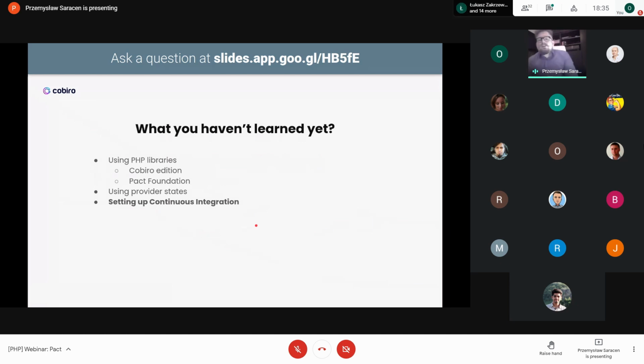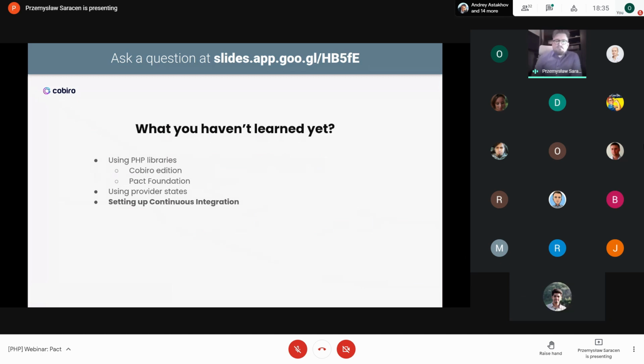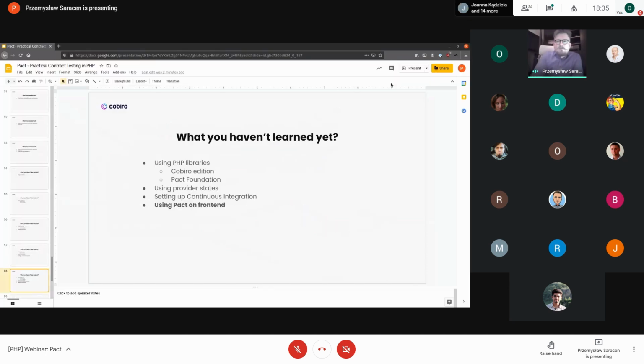Okay, so next we will learn about how to set up continuous integration using different tools. So basically how to set up the whole flow I've described, the whole process of running tests, generating contracts, uploading them to the Pact broker, downloading them from the broker, verifying the contracts, etc. We will also learn